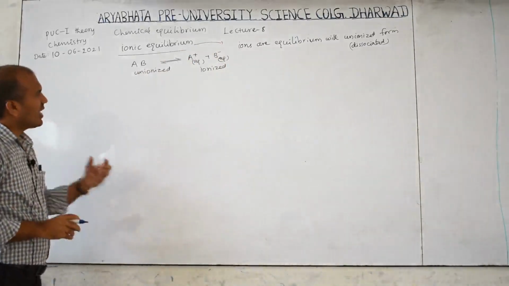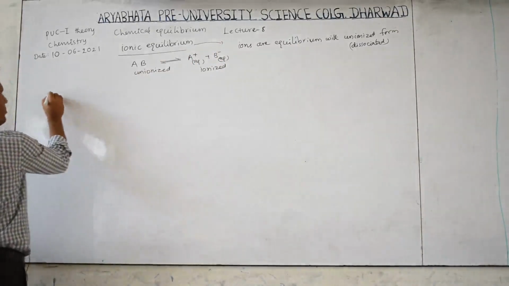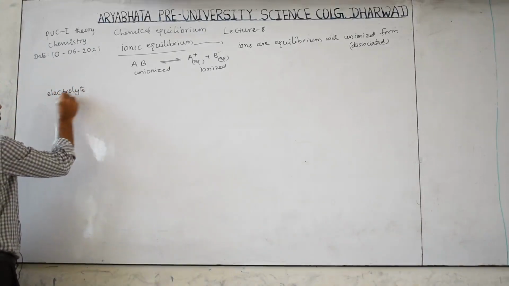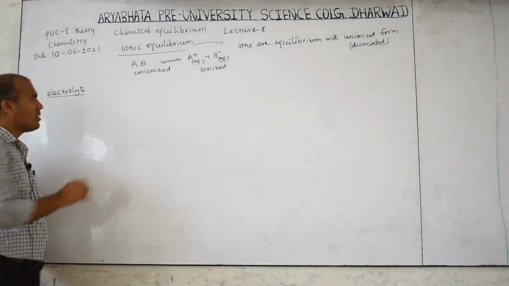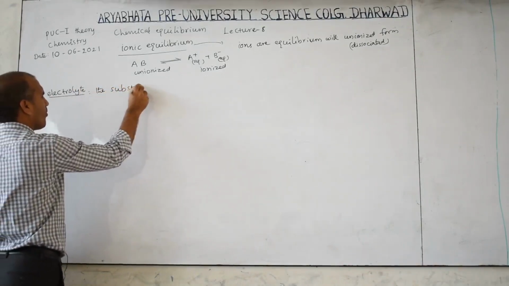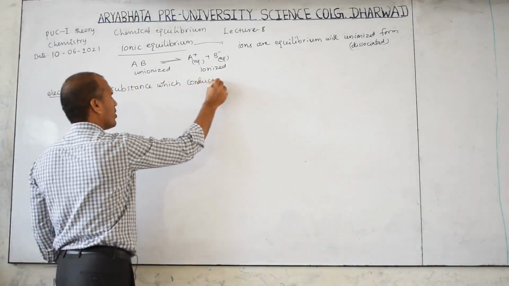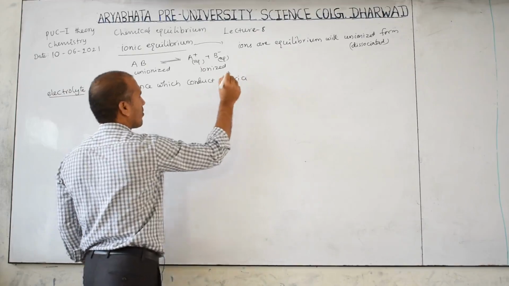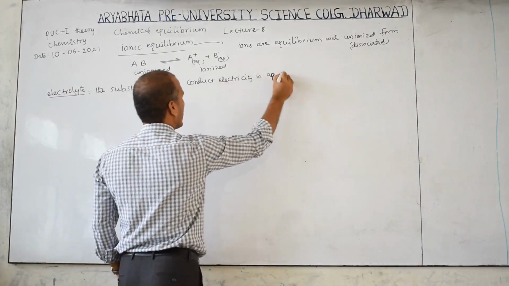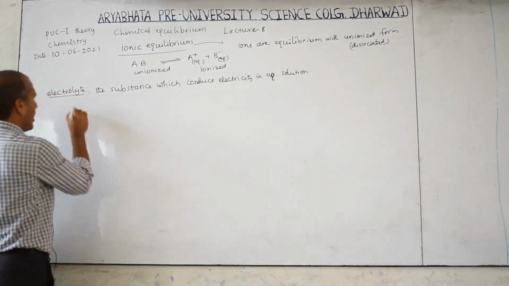Before going to discuss this ionic equilibrium, you should know what an electrolyte is. Electrolyte means the substance which conducts electricity in aqueous solution. AQ means aqueous, you write complete aqueous solution. That is called electrolyte. Example: